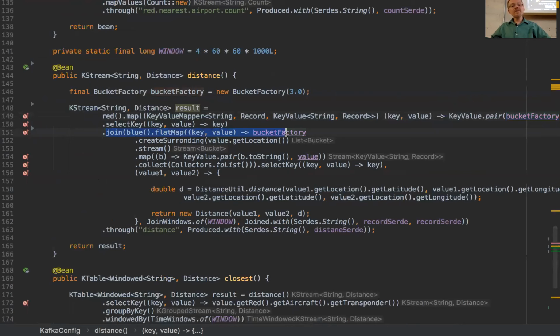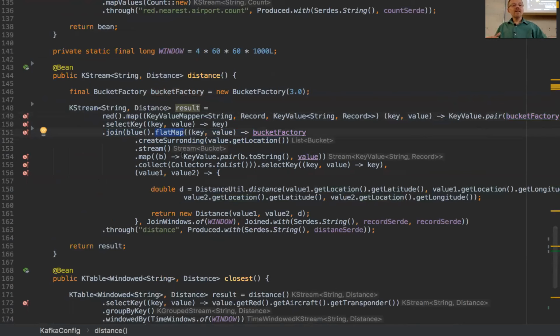And this is where the fun began. I had to put the blue plane in 9 different keys, or I could have 2 planes in 2 different partitions that are the closest to each other, but because they're in 2 different partitions, they're not going to find each other. So I created a bucket factory create surrounding that created 9 buckets: the one it's in and the 8 around it, and I do a flat map of that.